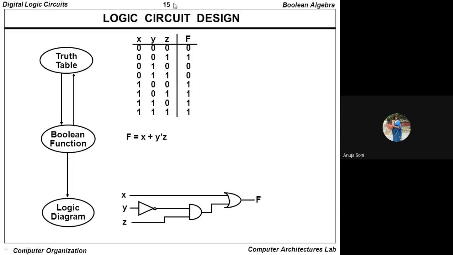Now, how have we found all these values of f? By placing all these input values in the expression. Once you place all these values, in between we do have the logical operations. What are those logical operations? This plus stands for your OR operation, and this dash stands for your complement, one's complement. In between, dot stands for your AND operation. So by placing all these values, you are able to derive all these values of your function f.